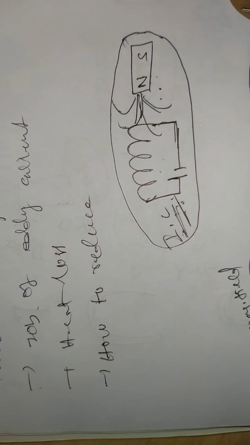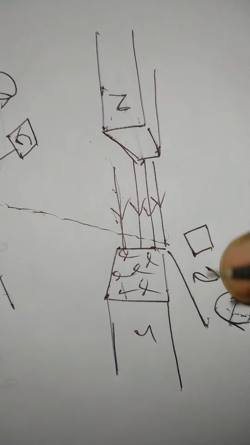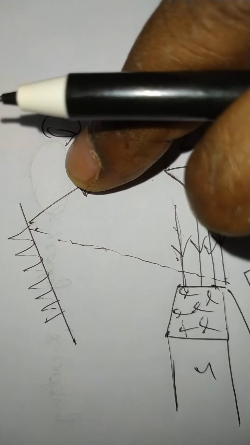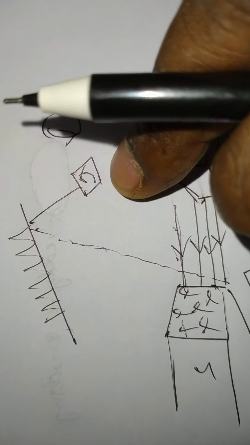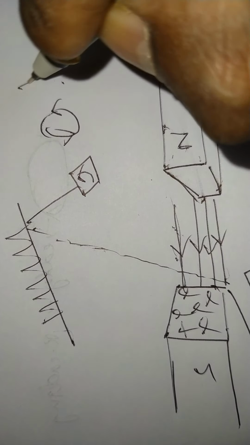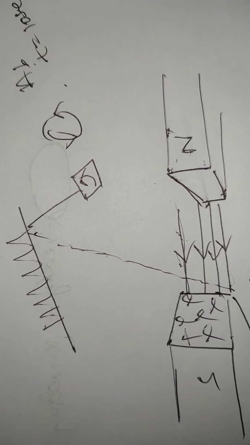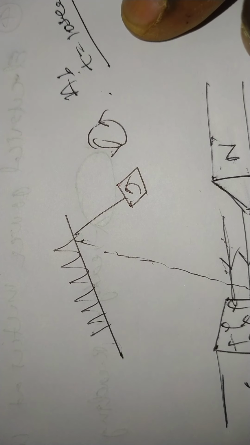Okay, next, what is the job of eddy current? Suppose you take like this. The arrangement is one simple pendulum. The simple pendulum oscillates, with a copper plate attached to one string. It can oscillate a number of oscillations. Suppose in the absence of a magnetic field, the time is 10 seconds. That is, it comes to rest position, the zero position, the mean position.